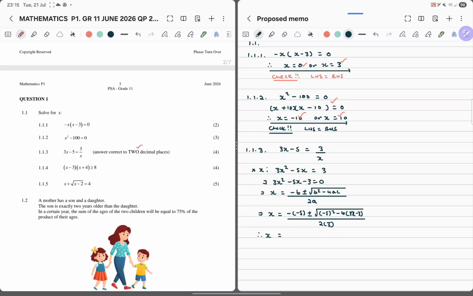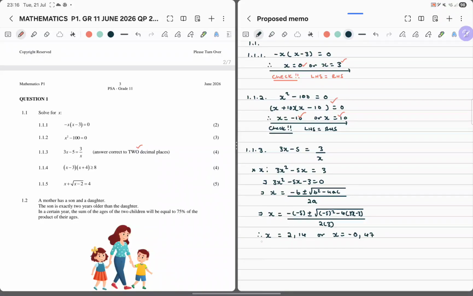So this gives us our first answer as 2,14 to 2 decimal places. The second one is essentially minus